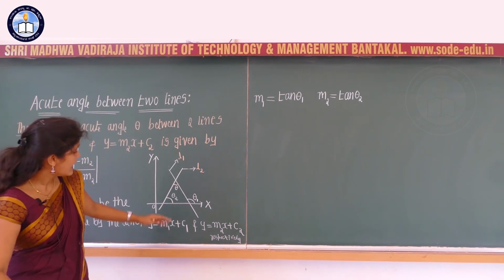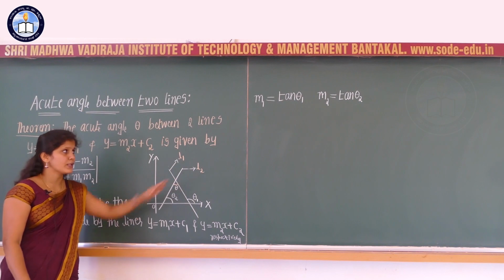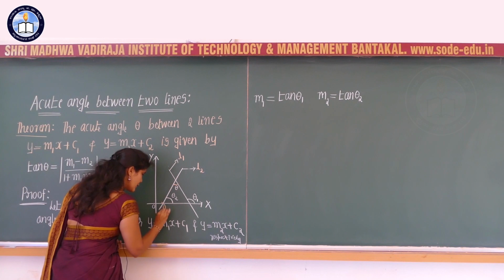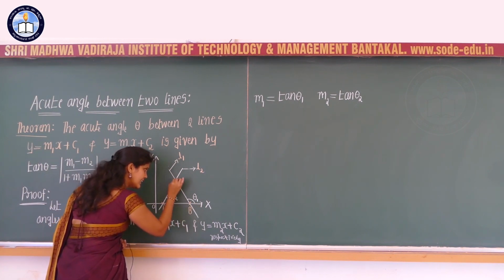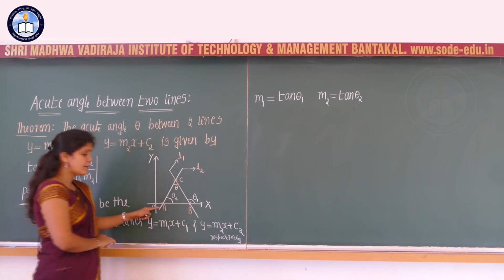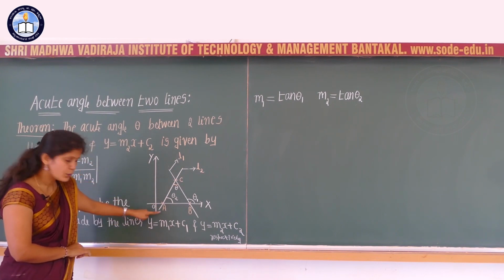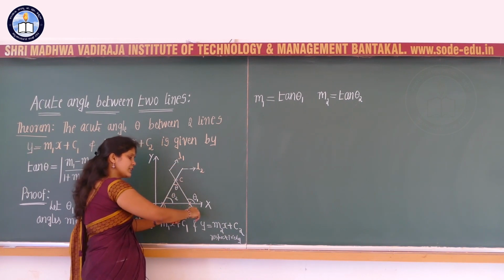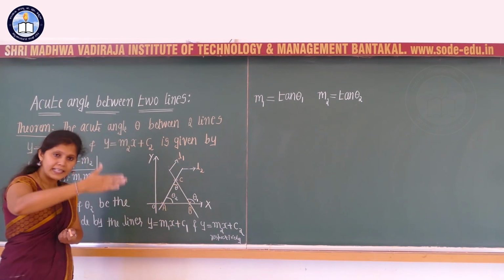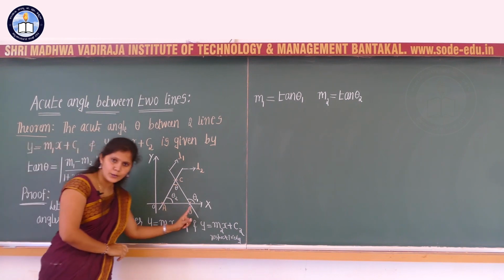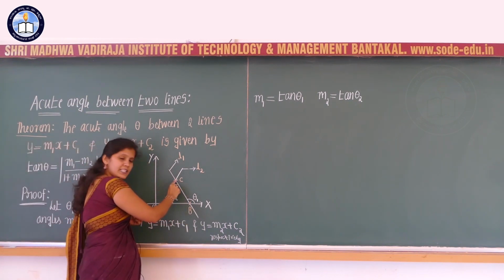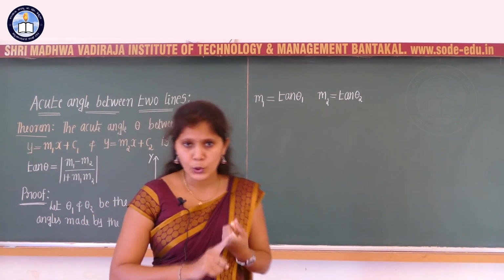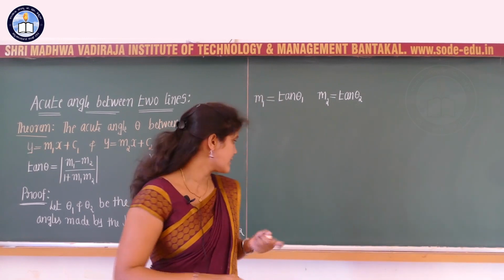So now with the help of this diagram I am going to write one of the results. If we consider this triangle, you can name the triangle ABC, where A is the intersection of L2 with the x axis, B is the intersection of L1 with the x axis, that is the point where line L1 cuts the x axis, and the point C is the intersection of the two lines L1 and L2. The point where lines L1 and L2 intersect is nothing but C.